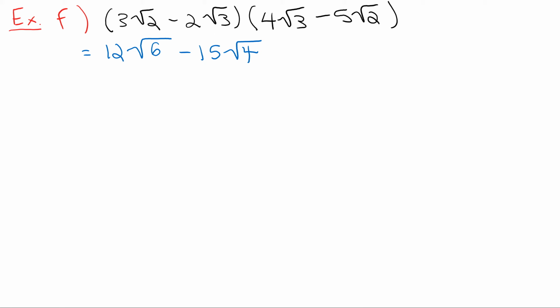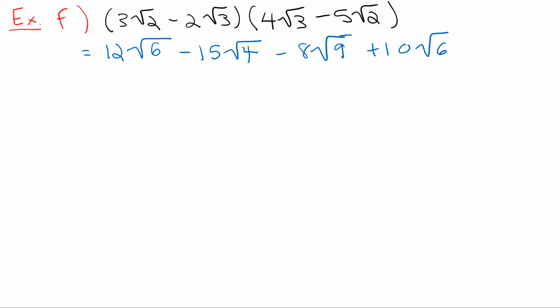So, the next part we're going to be doing when we're multiplying is negative 2 root 3 times 4 root 3, which is going to give us negative 8 root 9. Again, don't worry, we're coming back to these perfect squares in just a second. And then if we multiply negative 2 root 3 with negative 5 root 2, we are going to get positive 10 root 6. Okay, so now that we've multiplied everything out using the FOIL method, or distributive property,